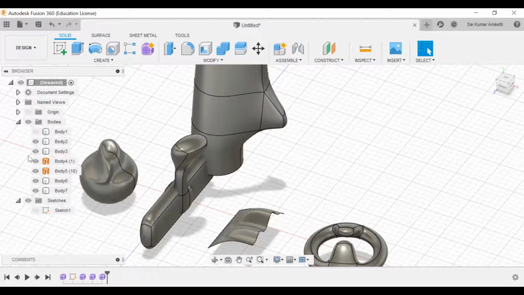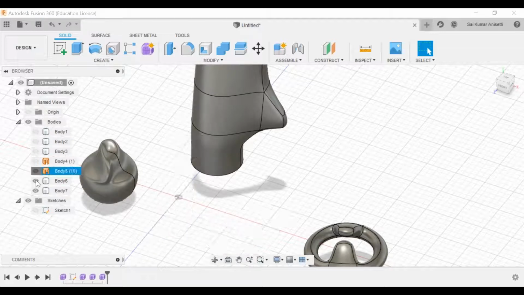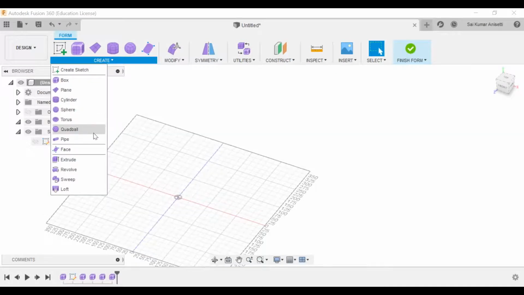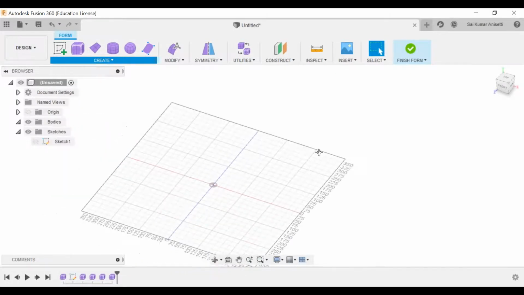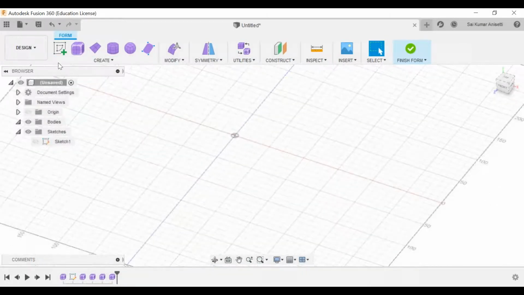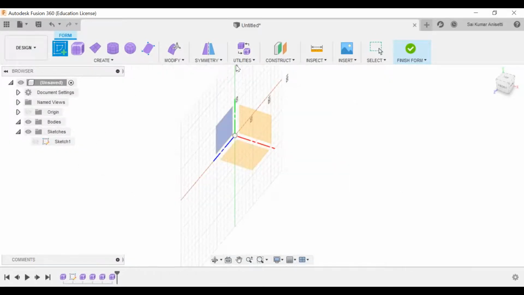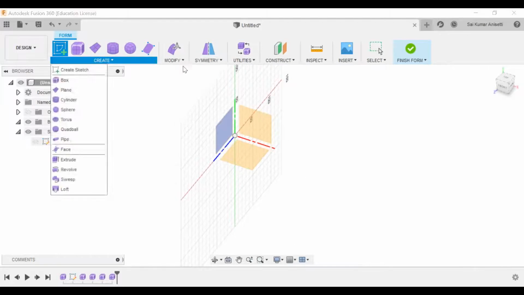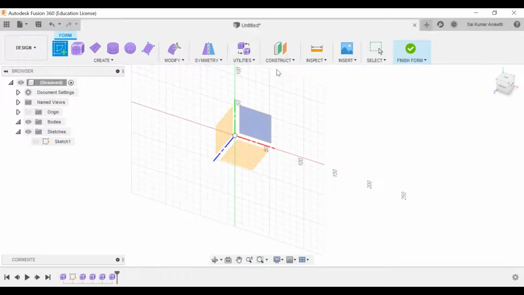Another thing I did not show is the pipe environment. Let me go quickly. Sheet, and over here a quad ball is created. Now for pipe, I did not explain this. For pipe you need to have at least a spline. I'll go to construct.